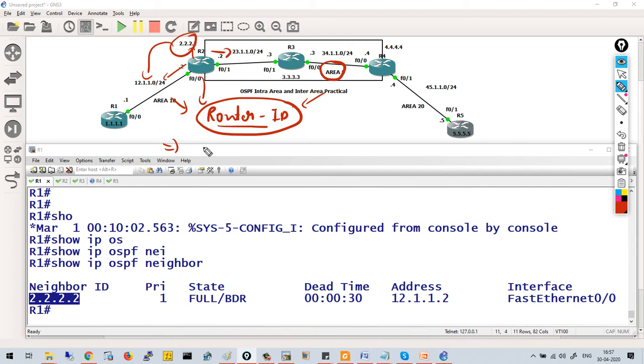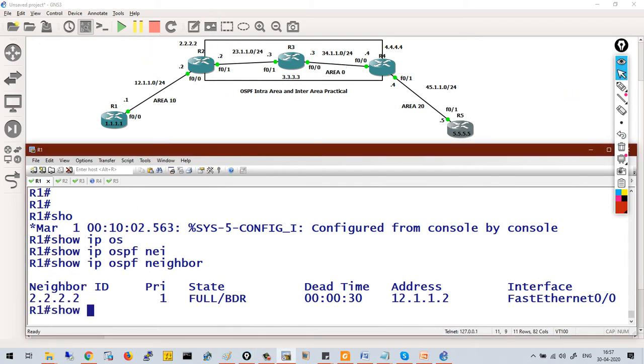First of all, the router will check whether we have manually specified the router ID. If not, then the router will select the highest loopback address as the router ID. We can see here on R2 there is only one loopback, that is 2.2.2.2. That's why it is selected as the router ID. And neighborship is always formed on the basis of router ID.